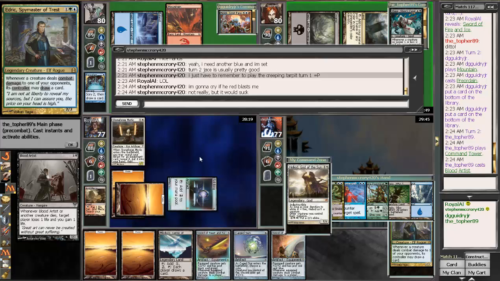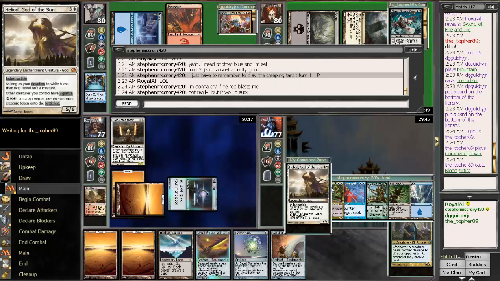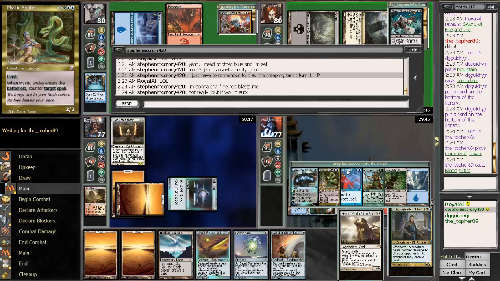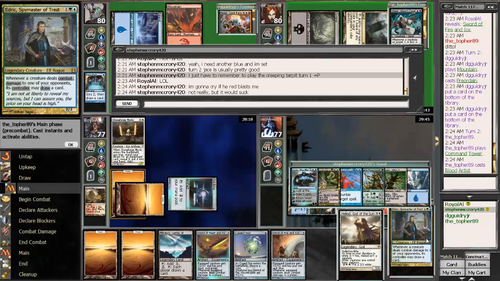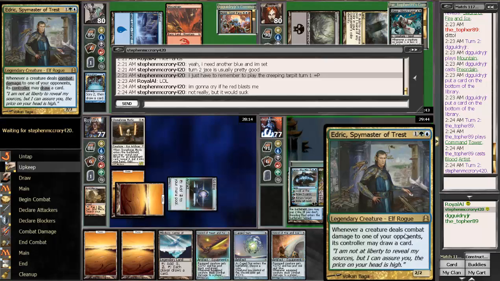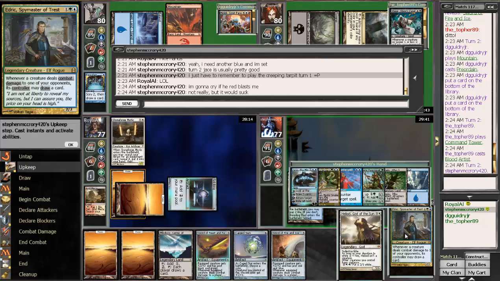Alright, boys and girls, we're back for another game of Two-Headed Giant Commander with Stephen McCrory, 420 is our partner. He's playing Edric, Spymaster of Trest, which is a legendary elf rogue for 1 in blue-green. And if you don't know what Edric does, whenever a creature deals combat damage to an opponent, its controller may